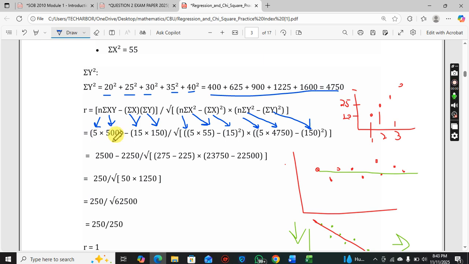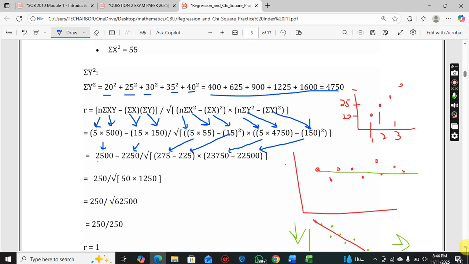So 5 times 500, 2,500. 15 times 150, 2,250. 5 times 55, 275. 15 squared, 225. 5 times 4,750, 23,750. 150 squared, 22,500. We do our tabulations here,